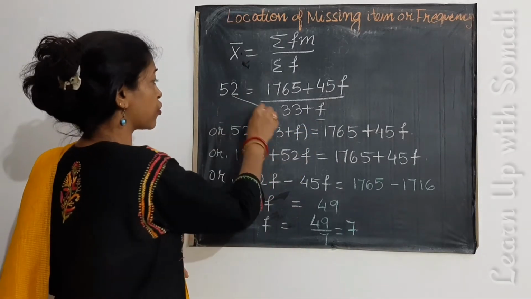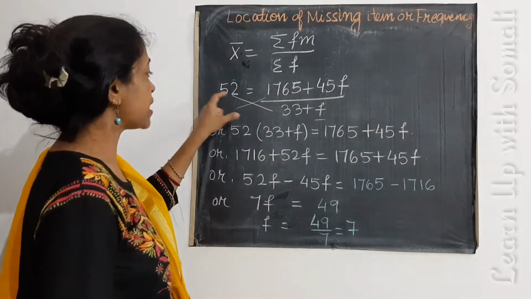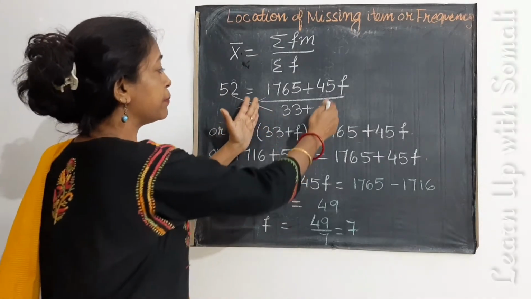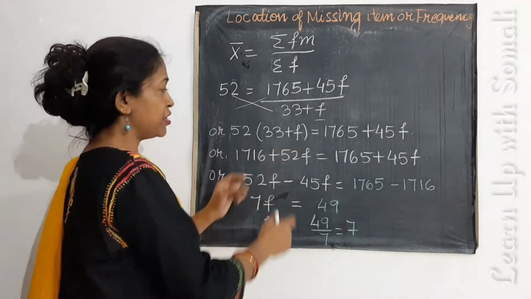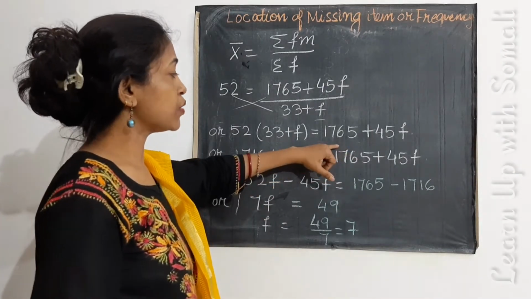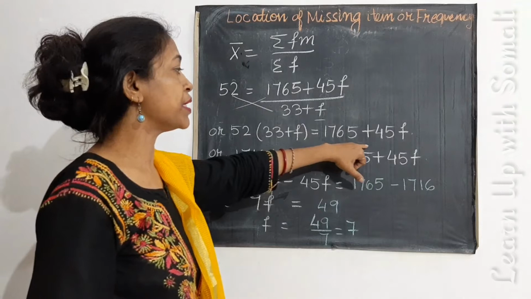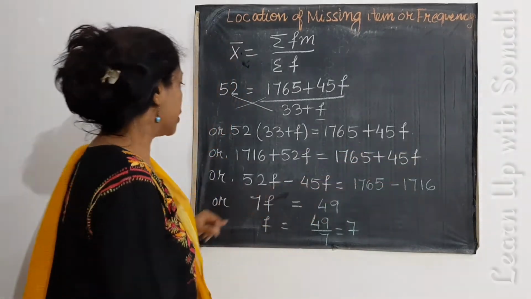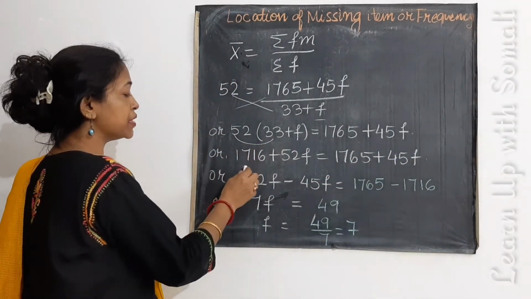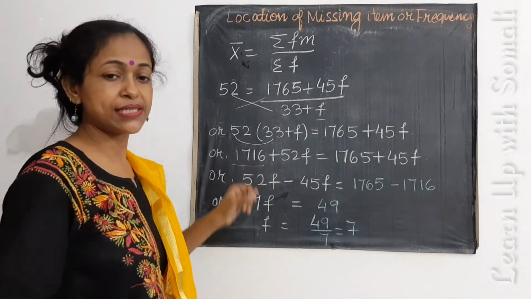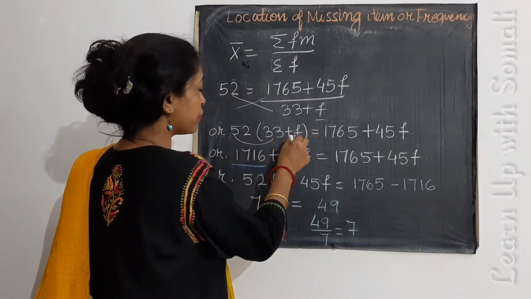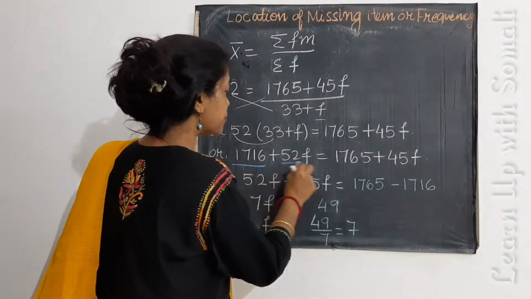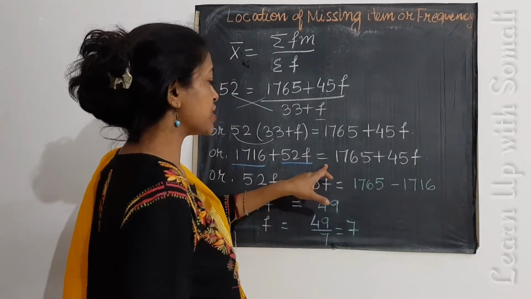Now let us have a cross multiplication. We know this item will be multiplied entirely by this number. So 52 into 33 plus F is equal to 1765 plus 45F. Now if we multiply these two numbers, here we get 1716 plus 52 times F, which is 52F, which is equal to